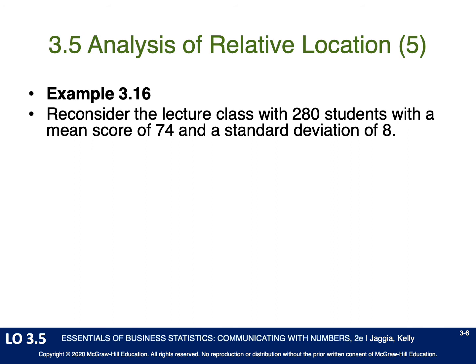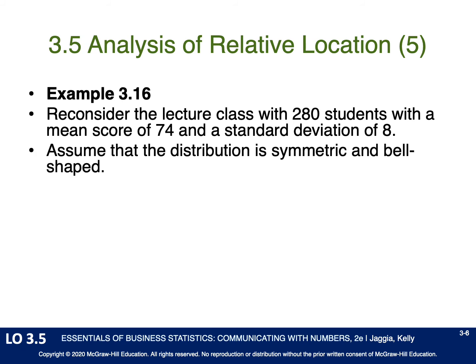So let's do that same analysis again, but using the empirical rule. So again, we've got a class with 280 students. The average score is 74. The standard deviation is 8. So this tells us that 68% of all students will score between a 66 and an 82. Okay, within one standard